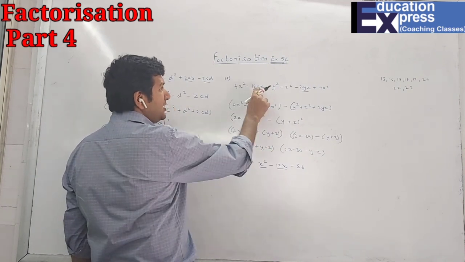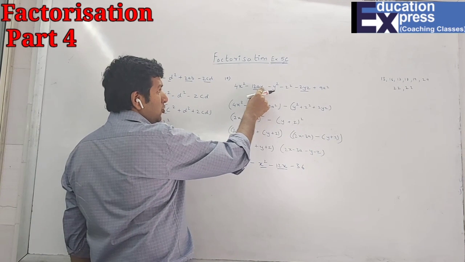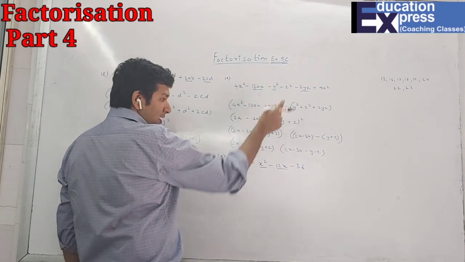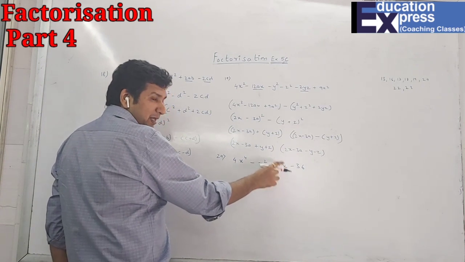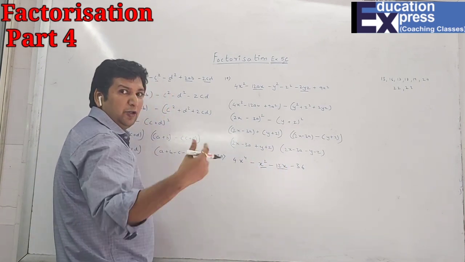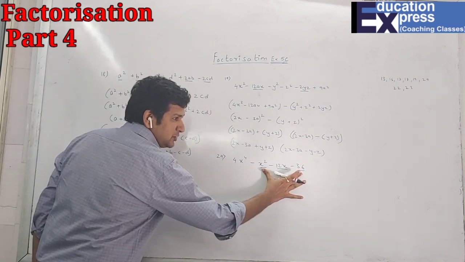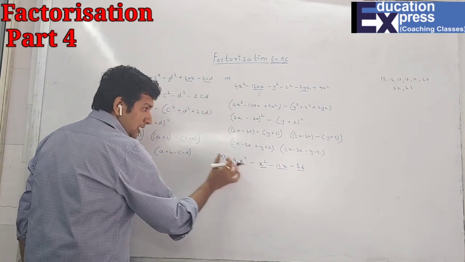As I have told you, in case there are two variables, you have the numbers with both the variables, x square and a square. But here there is only one variable. That means the other number in their group will be without the variable. So which is the number which is without the variable? 36. That means this whole thing is one group and this is one group.